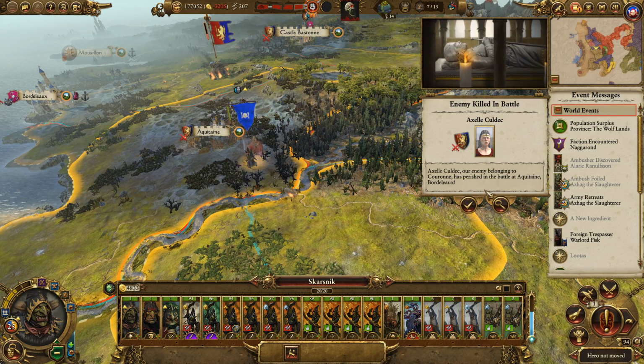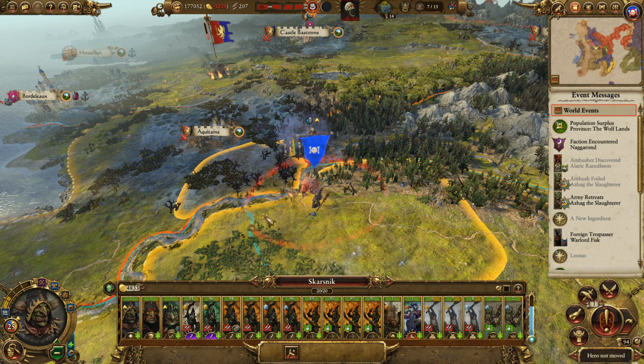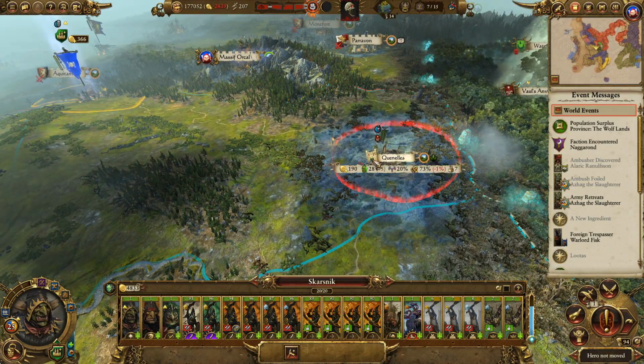Lovely. Spell shield bully. Lots of stuff. Lots of people dead. Sneak back over there. You replenish because we're in allied territory. And, I mean, we're going to raid our ally, but...